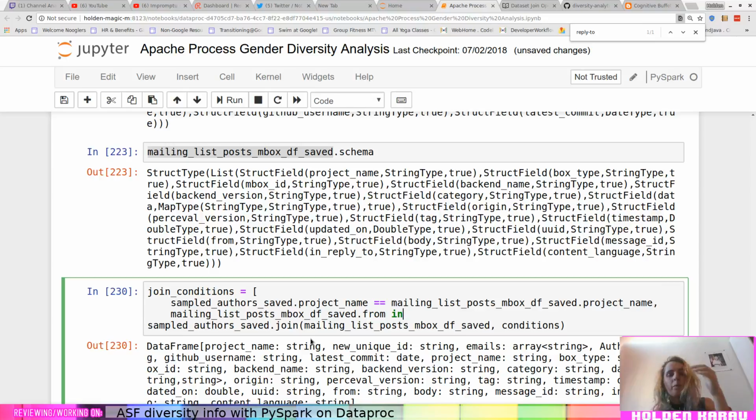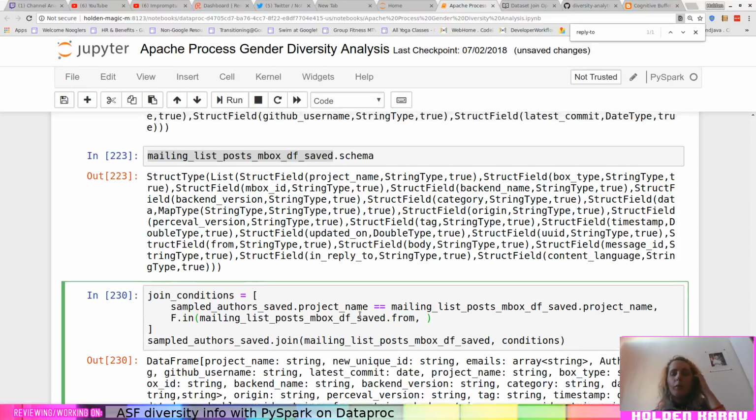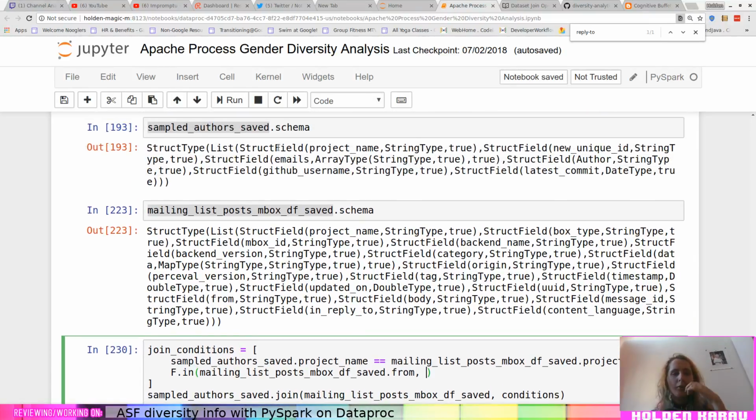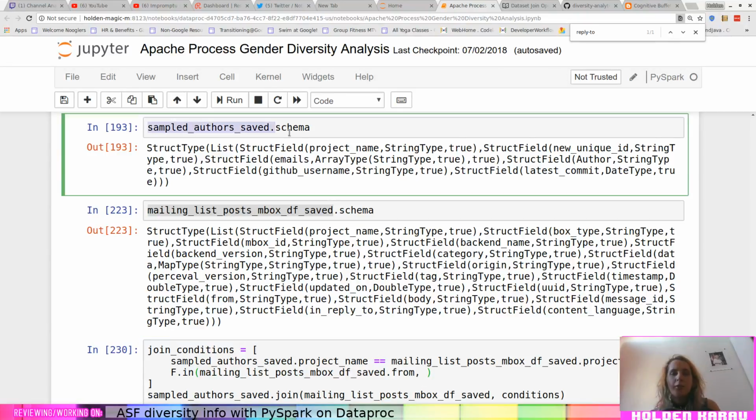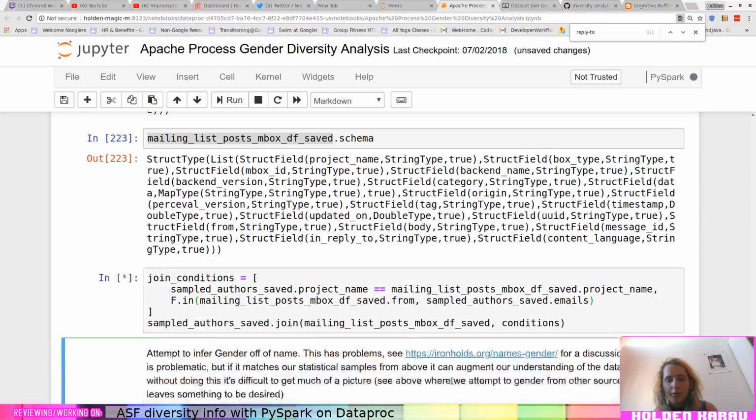We're going to have to use an f.in rather than Python in. And we're going to go ahead and say that the email address there should be in sampled authors saved emails. Let's see if this works.